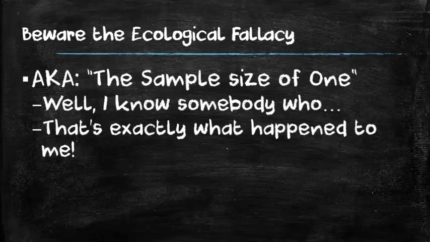So just be aware of the ecological fallacy, or the sample size of one, as you read sociological research. It may not apply to you, but one of the things that you need to investigate is whether or not the findings are generalizable. If they're not generalizable, you don't have anything to worry about. If they are generalizable, then you should maybe ask yourself the question, how am I different from the sample? How am I different from others in the population? That's a good, quote-unquote, food for thought kind of question to ask yourself.